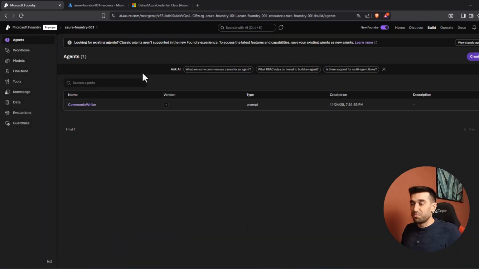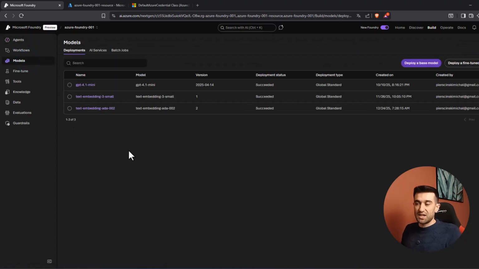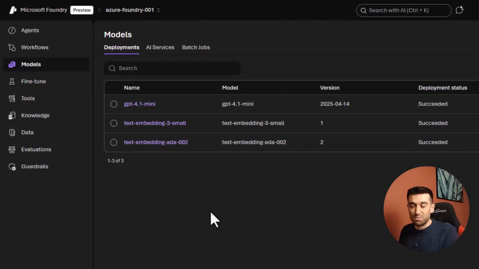So if we go to the build section and then to models, you'll see that I have 3 models deployed already. And I'm going to leverage text embedding 3 small and ADA002 embedding models in the 4th example. GPT 4.1 mini cannot be used for generating embeddings. A model capable of generating embeddings is a specialized model, and it's not the same model type that you would use